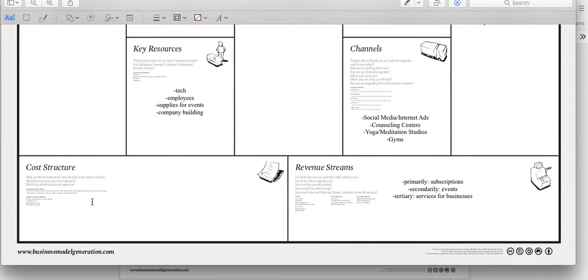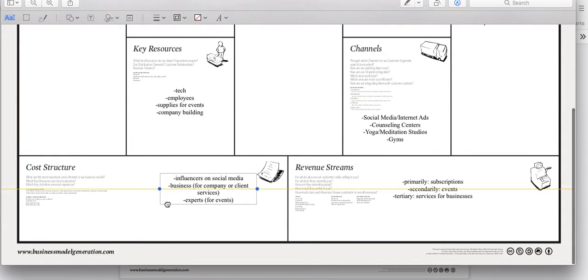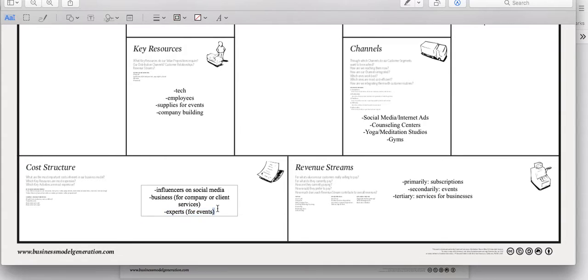All right, and the last one is going to be our cost structure. It's how we're spending our money. You have to think about, as a business, how we're getting our money and how we're spending our money. Of course, the most expensive thing, in my opinion, would be the events: any type of guests, supplies, and then, of course, the building. That's the main reason we have the building, is for events. Secondary would be our employees. And tertiary is if we do end up having to pay for our tech regularly, or even the first time.